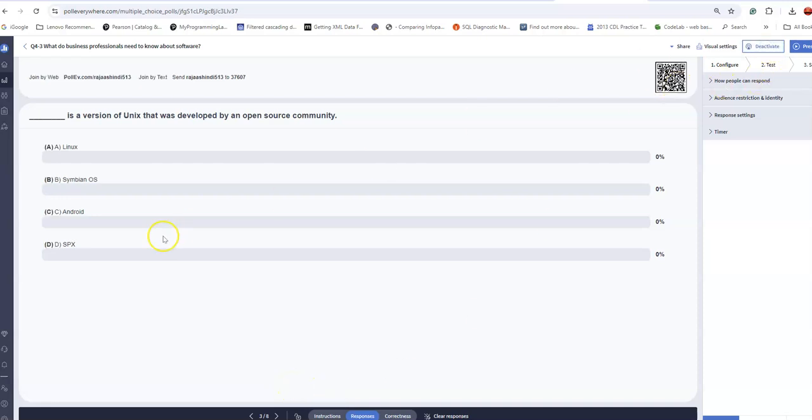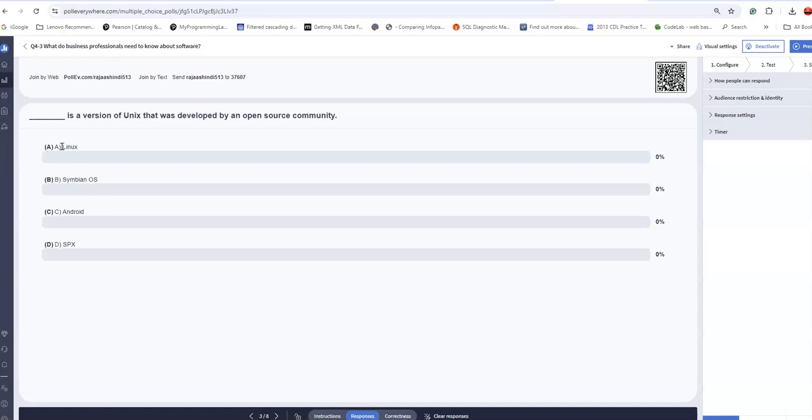Let's see. A version of Unix. We are familiar with Microsoft Windows, and maybe you have also heard about iOS and Android. But Linux is an open source, public-owned operating system license, and it's a version of Unix. In other words, you can download and install it for free on your device.